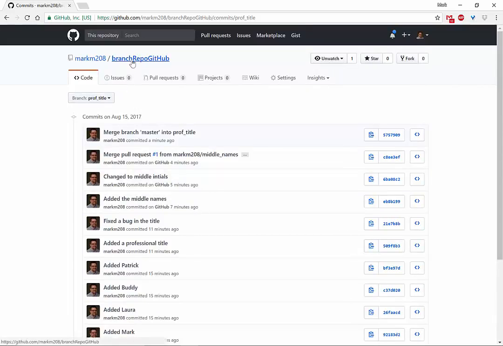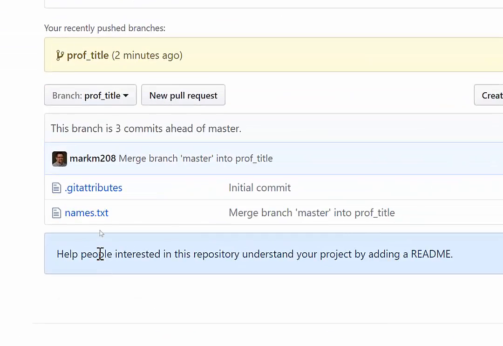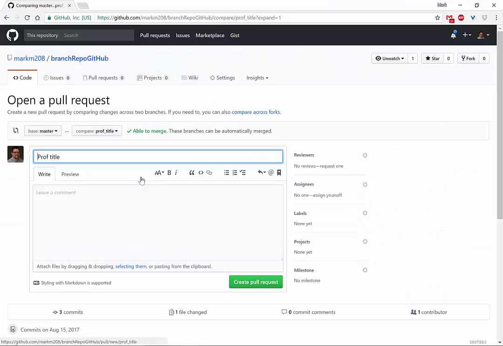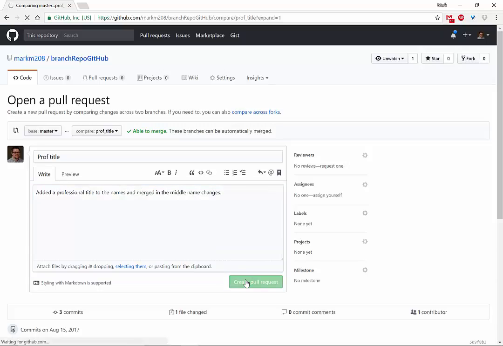What I want to do next is issue a pull request to get them in the master branch. So let me make sure I'm in professional title, and I'll issue a new pull request. Create the pull request,